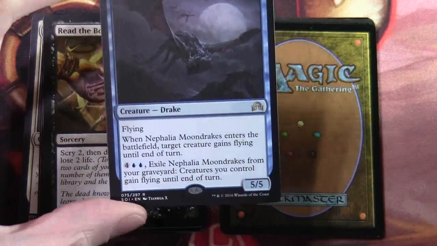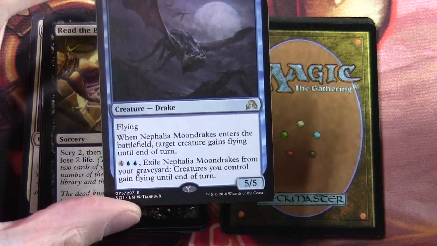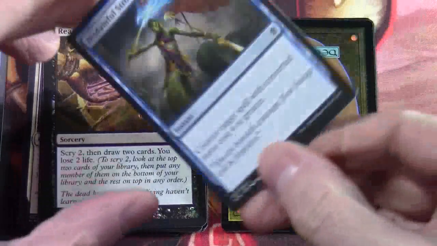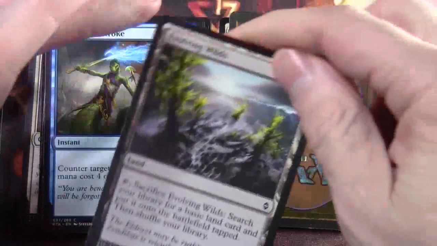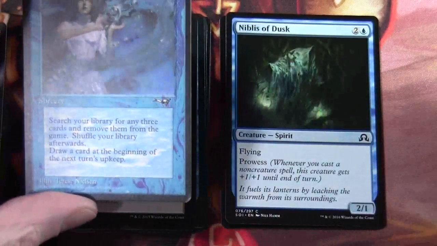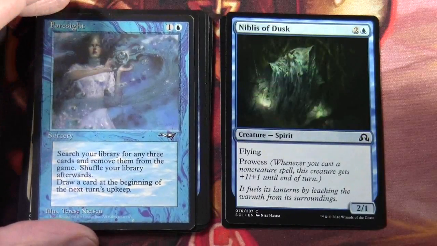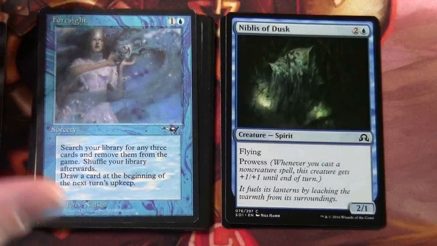So that's our rare, Nephalia Moondrakes. Just going to put that to one side for the moment. Disdainful Stroke. There's an Evolving Wilds in this pack. Okay, so we've got an older card here from Alliances, which is Foresight. So I'm going to, what I'll do, I think, as many people haven't seen these older cards before, I'm just